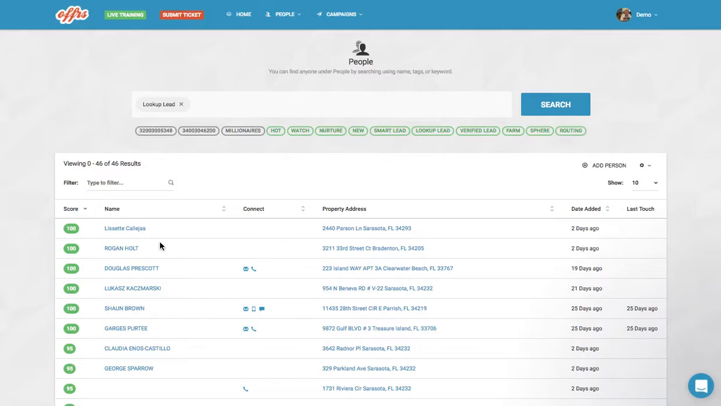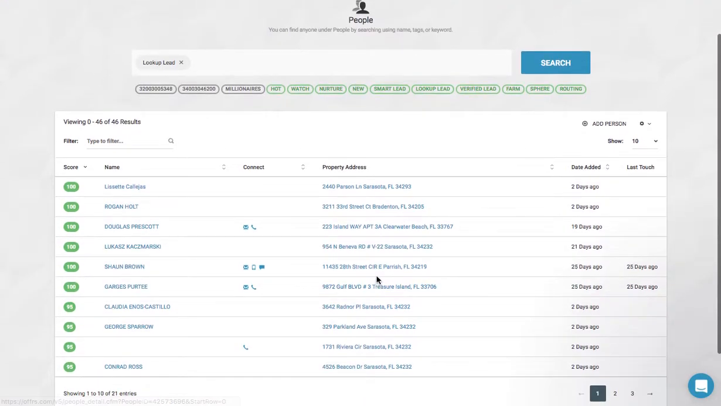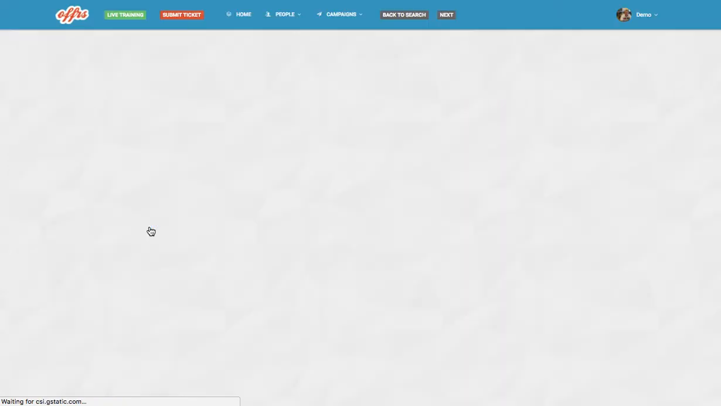You'll see their score, their information here, how to connect to them, their address, and so forth. And of course, we're going to constantly try to add in and update information on an ongoing basis. So this is a living, breathing database. It's not stagnant. So when you actually do click on a person to view their information, you'll notice the profile